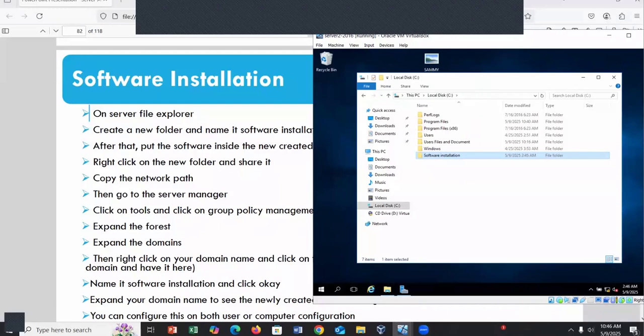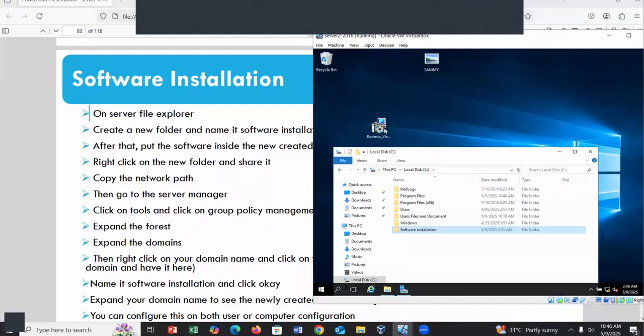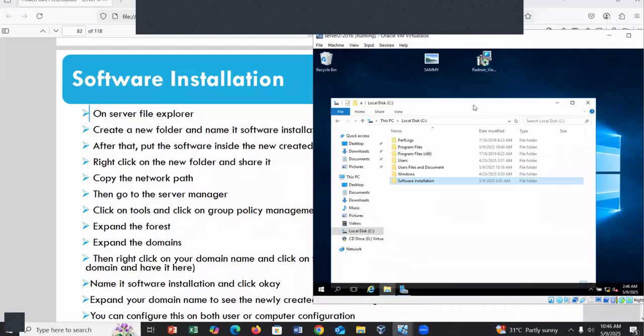If I drag this option arrow down, you will see the software I want to install. Here is the software I want to install, which is a RadMill viewer. So I need to put this RadMill viewer inside this folder I created, named software installation. You can use any software. But the next thing I want to explain to you,